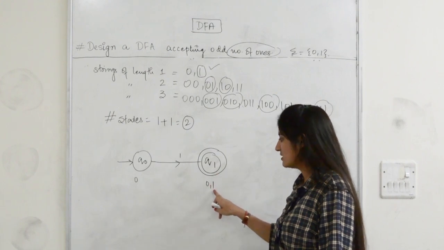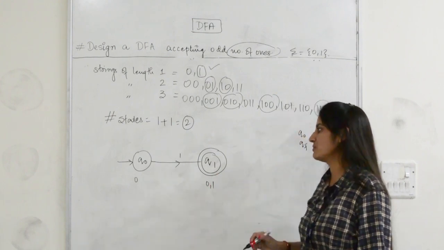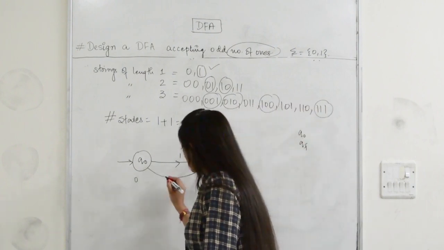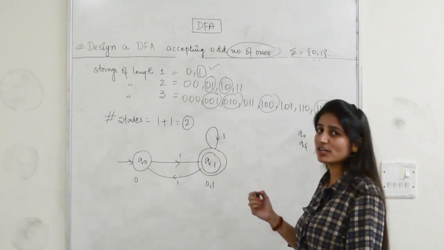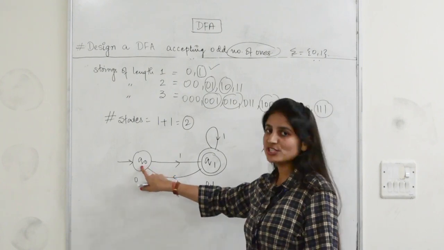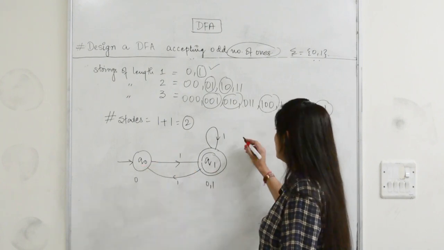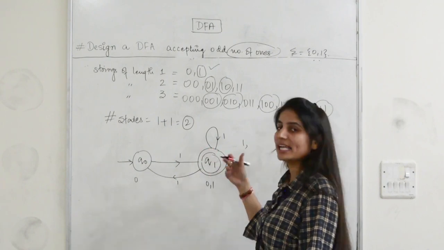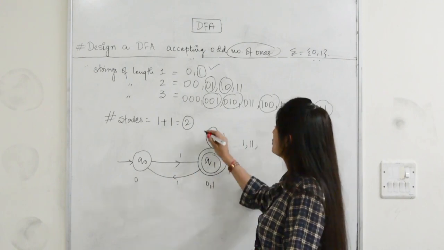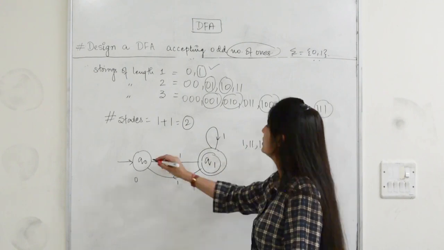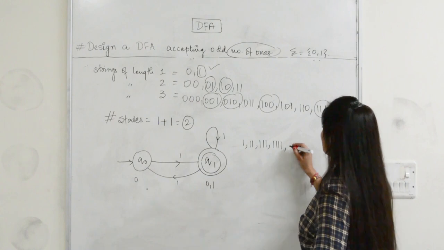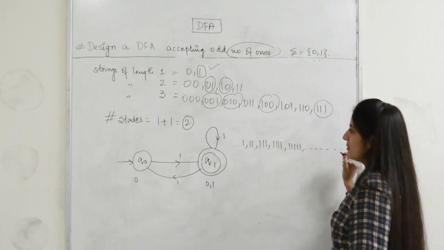Now for this state I have to make the transition for 1. We have two possibilities. Either we can have a self loop or we can have this back loop. We have to justify which one is correct. If I pick this, then what are the strings accepted? Start from the initial state and reach the final state. The string accepted is 1. The self loop is optional, so we can take it any number of times. So 1, 2 ones, then 3 ones, similarly 4 ones, then 5 ones, similarly any number of ones.